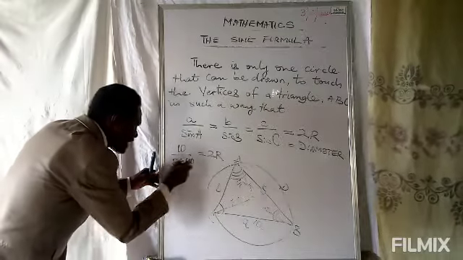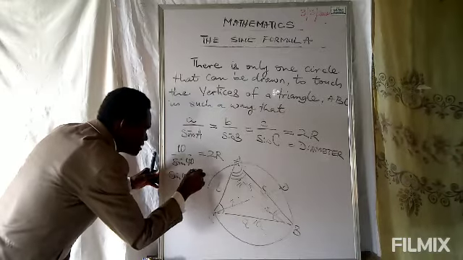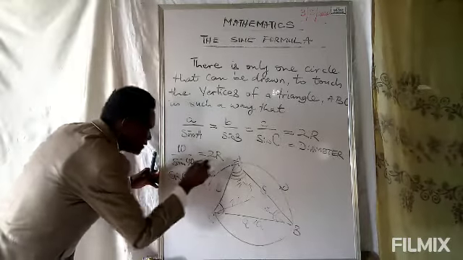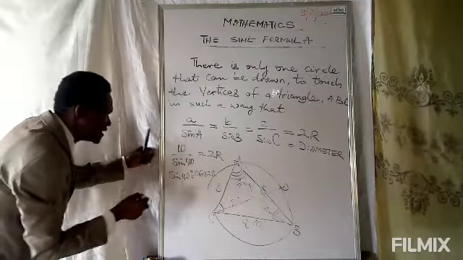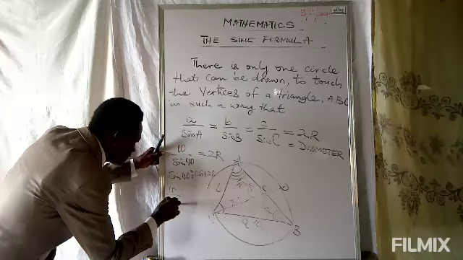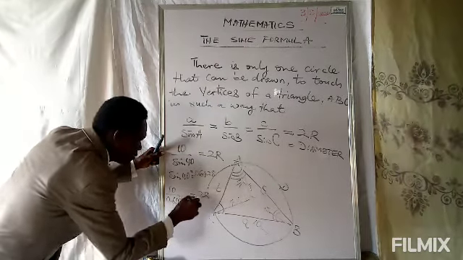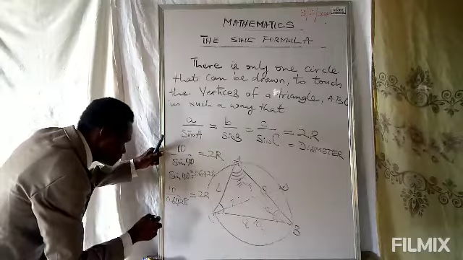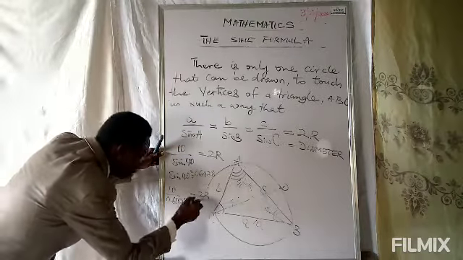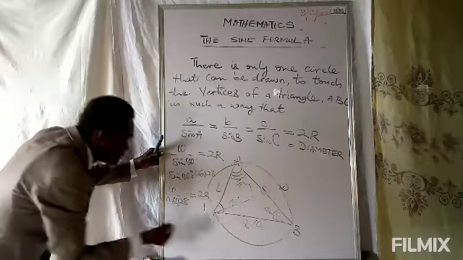Therefore, sine 40 degrees is equal to 0.6428. Therefore, 10 over 0.6428 is equal to 2R, and 2R is also 2R over 1. Therefore, by cross multiplication,